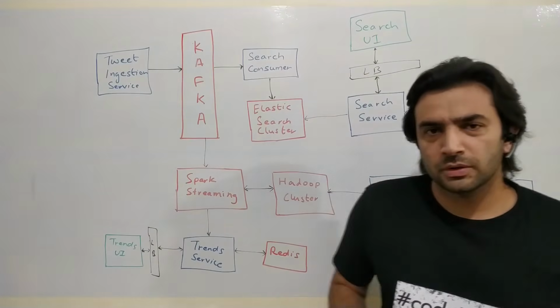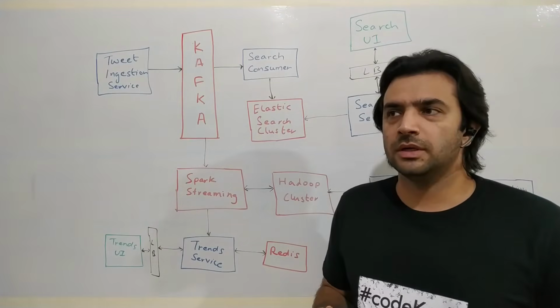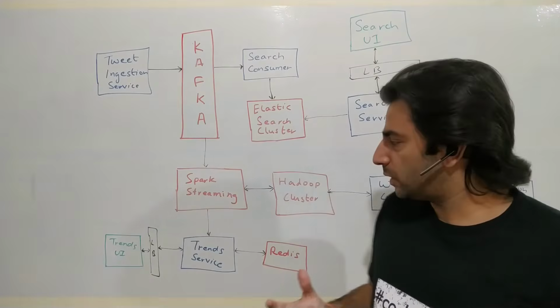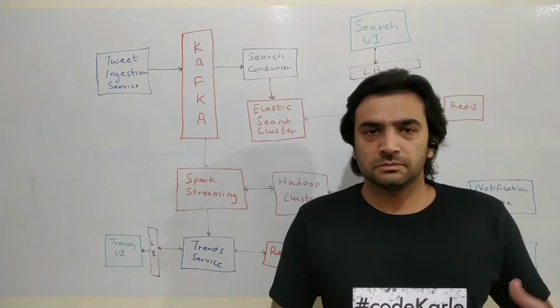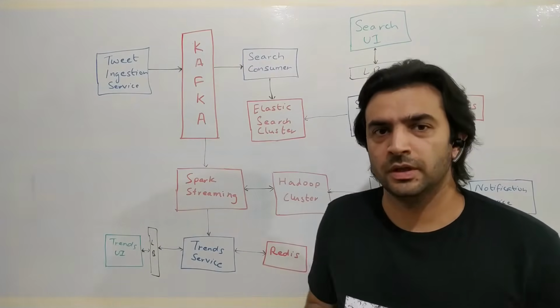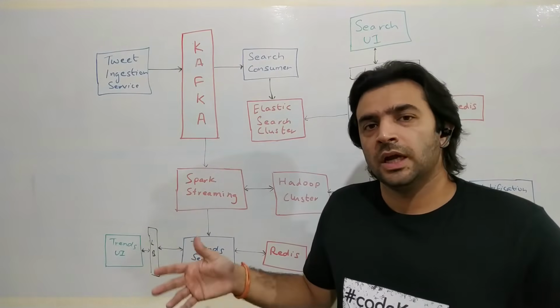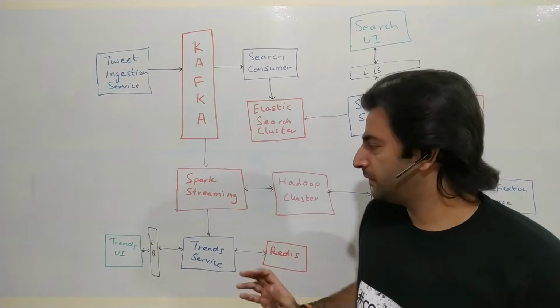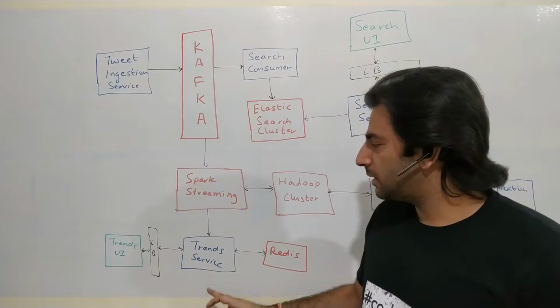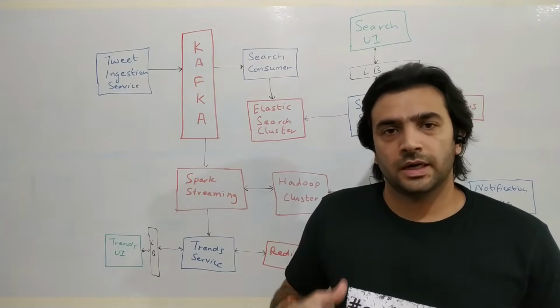So even though we didn't talk about it as part of the functional requirements, this will be a good thing as analytics. So what we could do is have a trend service which Spark Streaming will write to every, let's say, half an hour. It looks at the last 1 hour of data and dumps what all are the trending things right now. And there could be a trends UI which can be built on top of this service, and it powers that UI.